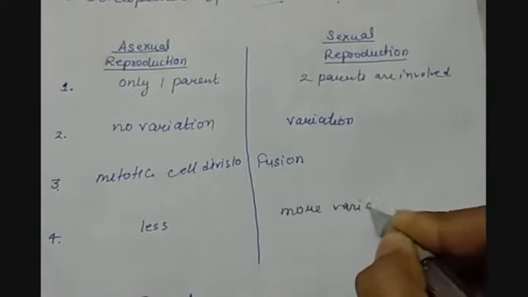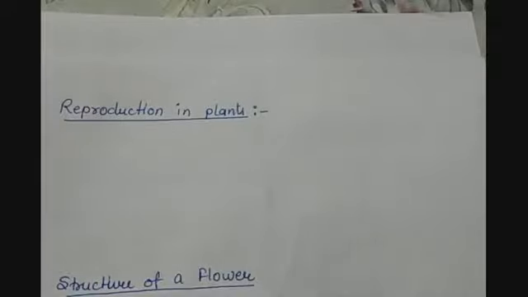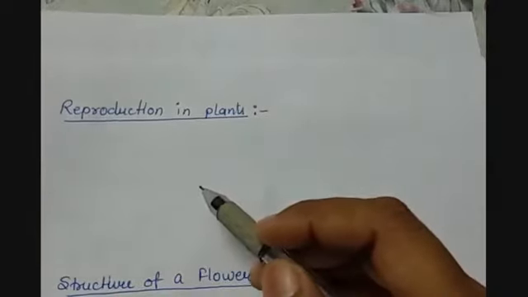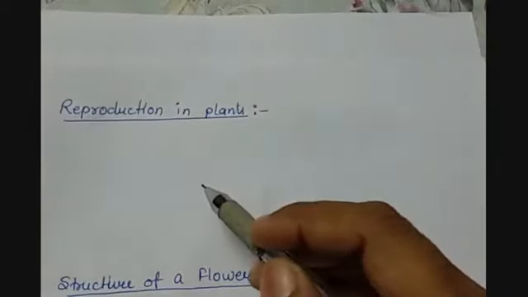As the complex organisms undergo sexual reproduction, in the same manner, many of the plants which are complex in nature also undergo sexual reproduction. When we are talking of reproduction, generally we are talking of the plants which have flowers in them. So it is the flower of a plant that takes part in the reproduction.